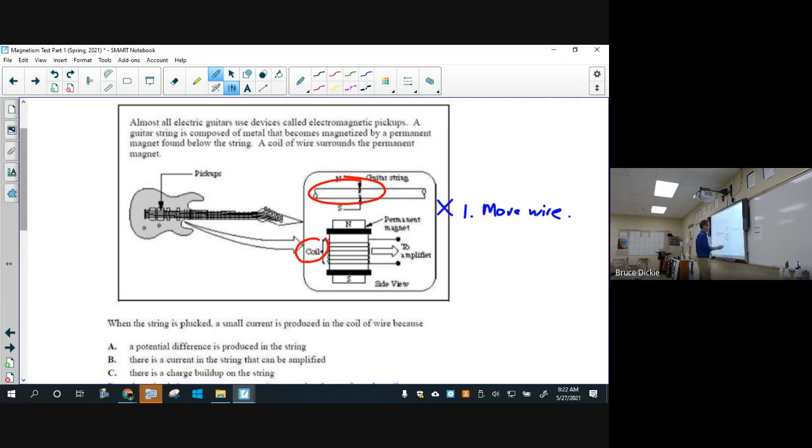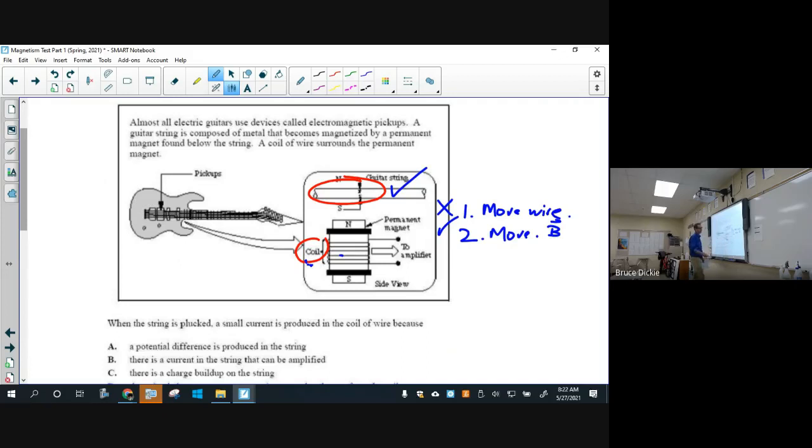I'm not doing that here. This coil of wire is not moving. I can move the magnetic field. That's what I'm doing here, right? This guitar string is the magnet, and it's moving up and down. So as that magnet, this magnet right here, that is the guitar string, moves up and down, it generates a